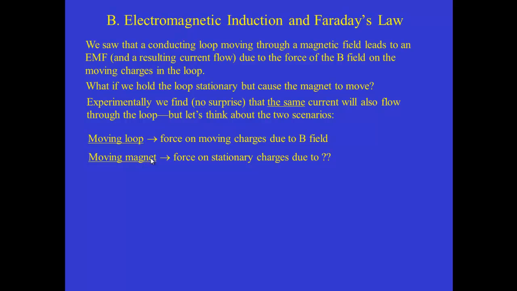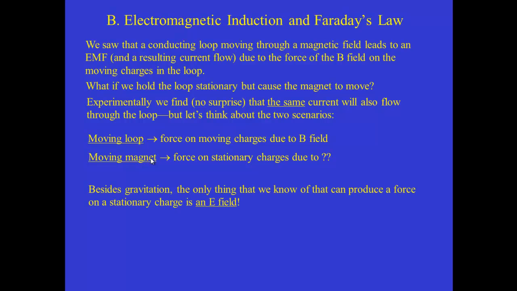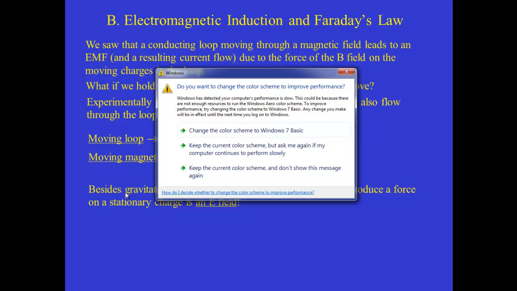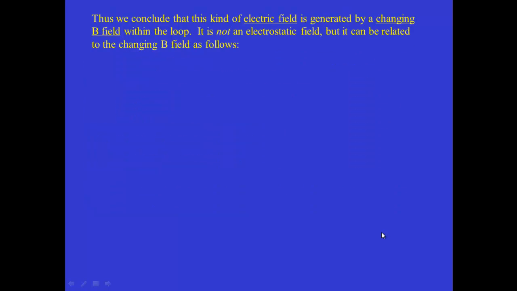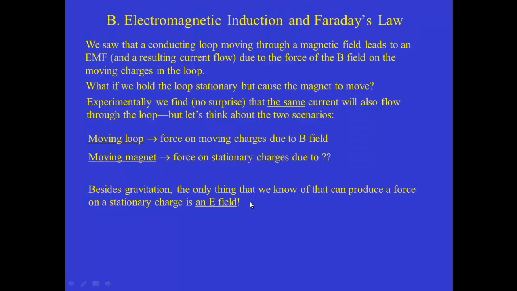But what must be acting on the stationary charges if it can't formally be the magnetic field? And it only takes a little bit of thought to realize that besides gravity, which for electrons and charges like that is very, very weak, the only thing that we know of that can produce a force on a stationary charge is an electric field. And so if this moving magnetic field results in a force on charges, it must be due to an electric